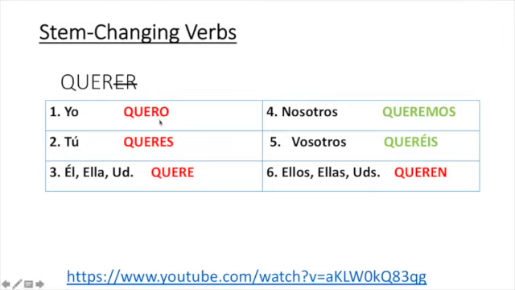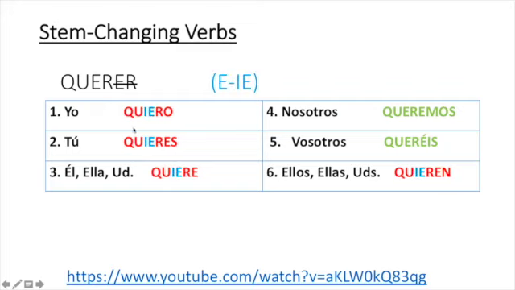But for your other forms, the yo, tú, él, ella, usted, and ellos, ellas, ustedes, something does happen to those. So I put nosotros and vosotros here in green because we know we're good to go. Those are correct. But the others are wrong. We have to change our stem. We have to change the E